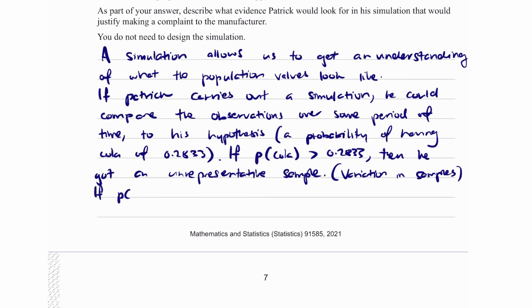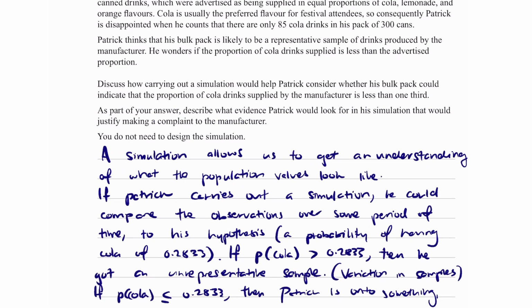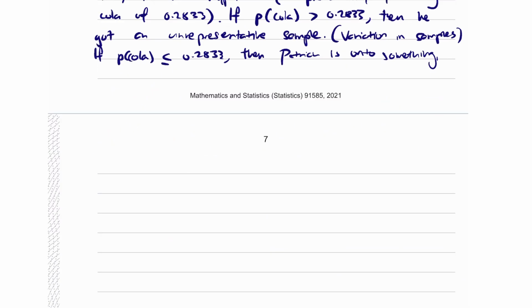If the probability of cola is less than or equal to 0.2833, then I guess we could say Patrick is onto something. Obviously, you probably want to write this. You'd probably want to write, I guess, then what he observed means that 85 cola drinks is representative. But anyway,